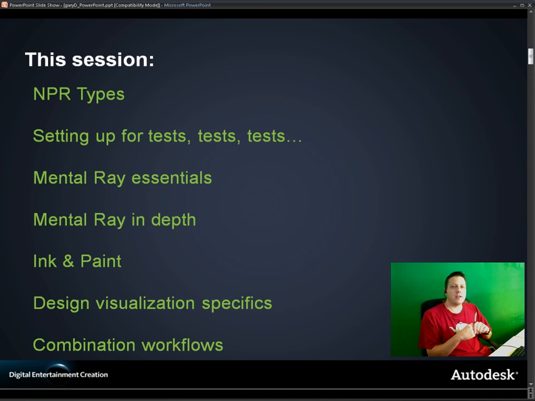It's called the Ink and Paint shader. It's been there for a number of years, but hopefully I'll have a few tricks up my sleeve to give it new life. Throughout the presentation, I'll be talking about design visualization specifics, and that basically relates to people doing either product design or architectural rendering and that kind of thing,